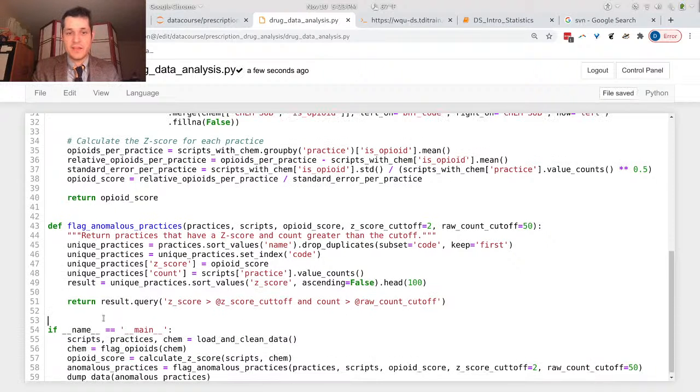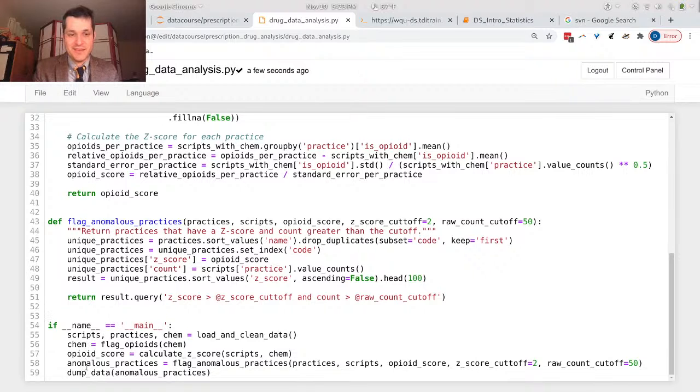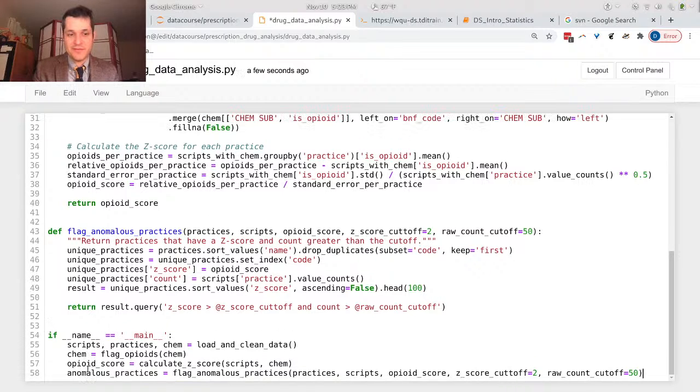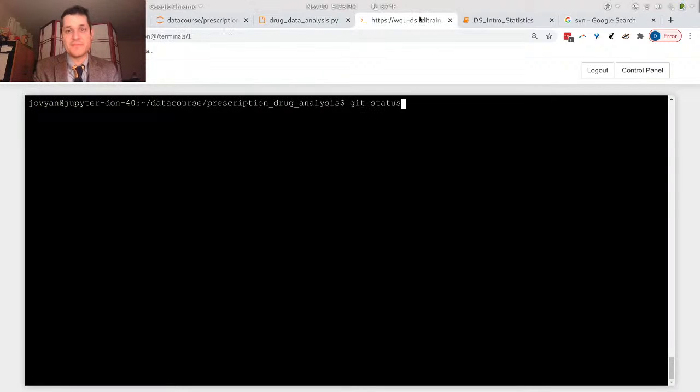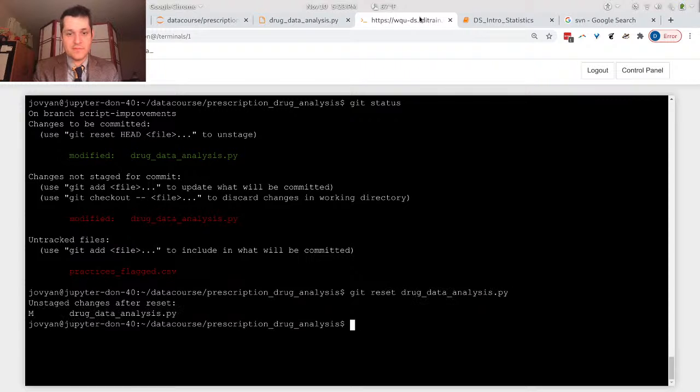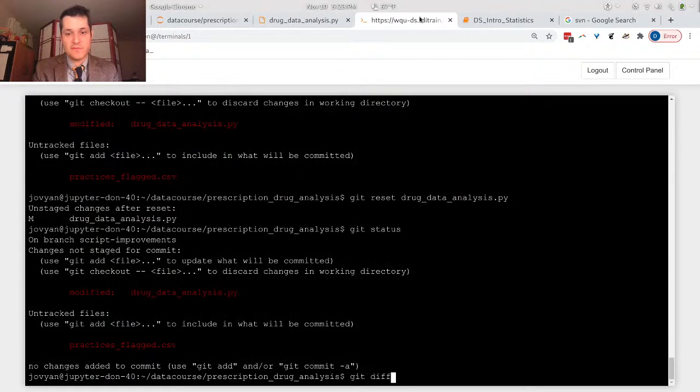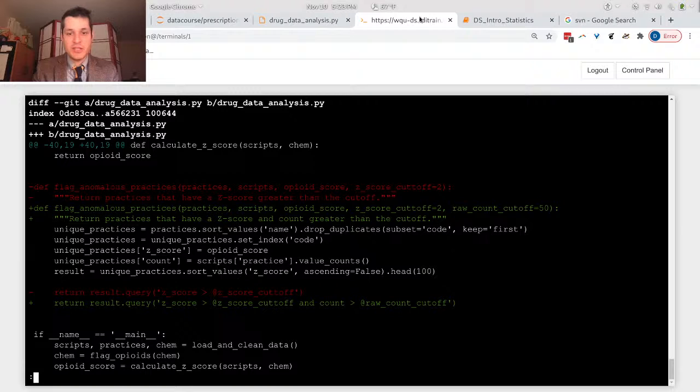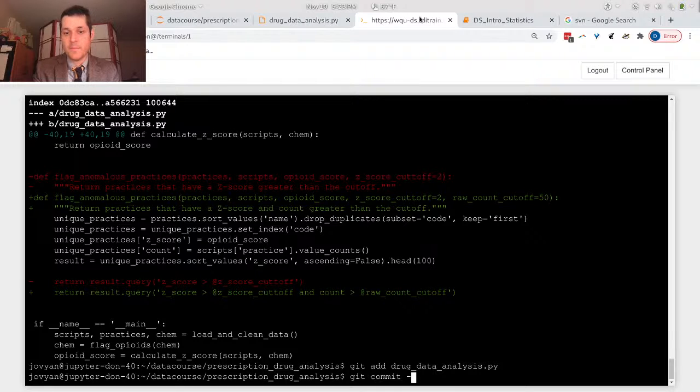So I just deleted that. Not great. All right, and I don't... Sorry about this, guys. All right, so I see the change here. So I say git add the file and git commit and say add